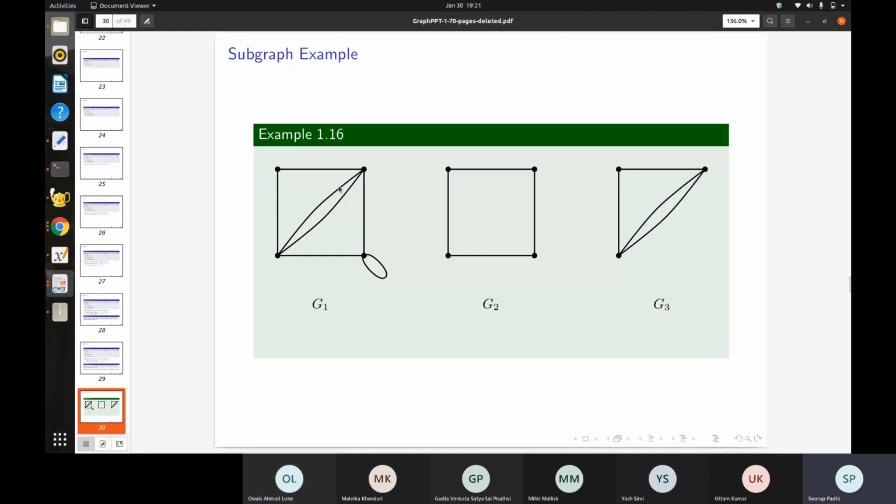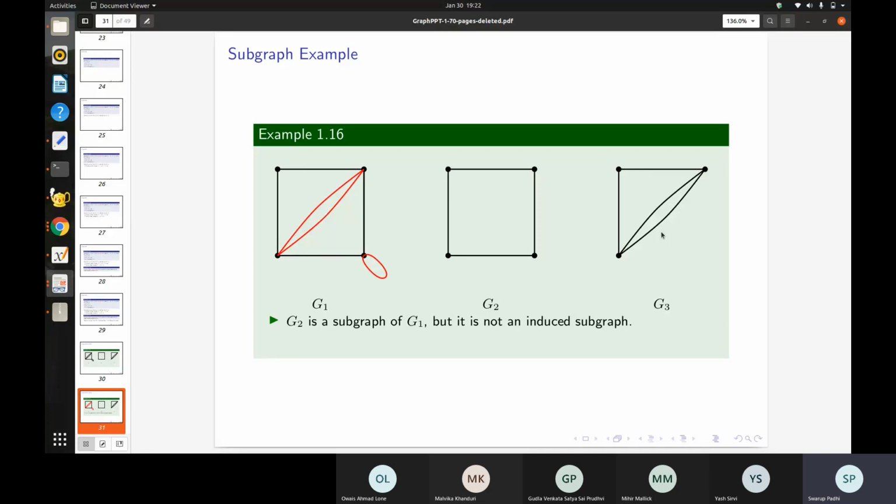Okay. So basically, as you can see, these are parallel edges. So basically, you don't have the parallel edges here. But in this case, you have V1, V2, V3, three vertices. And corresponding to that, all those edges which were present in the original graph are present here. If you are removing a vertex, it's obvious that you will remove the edges which are incident with it. But apart from that, if you remove some other edges which aren't necessarily removed due to the removal of a vertex, then that graph is no longer an induced subgraph. So here G3 is an induced subgraph, but